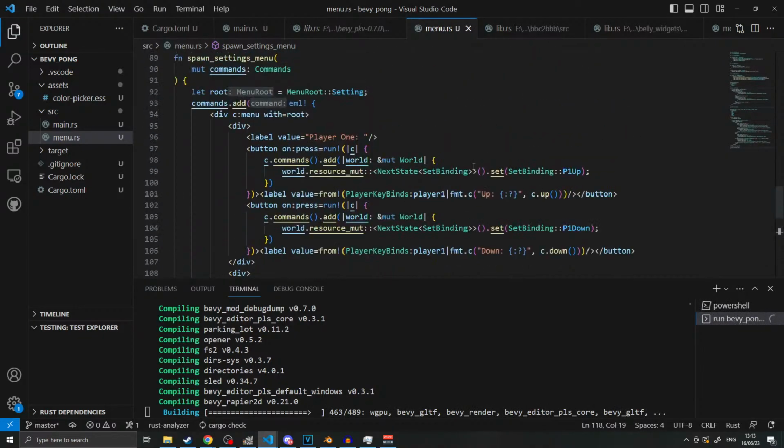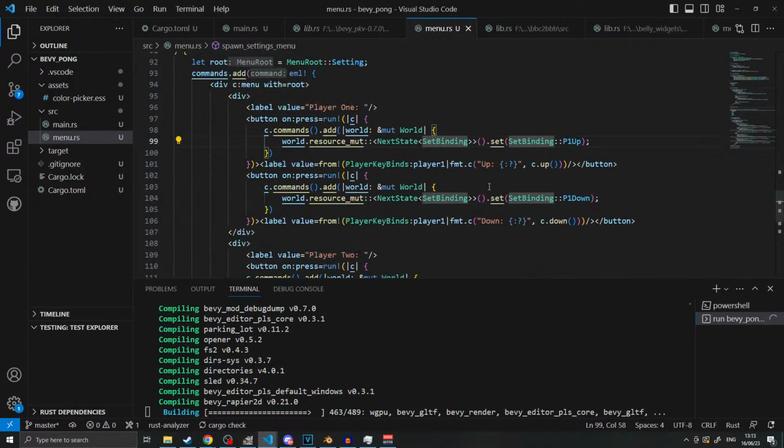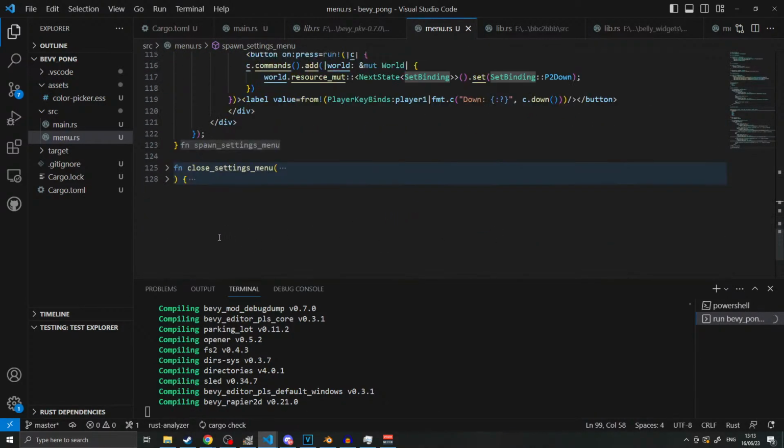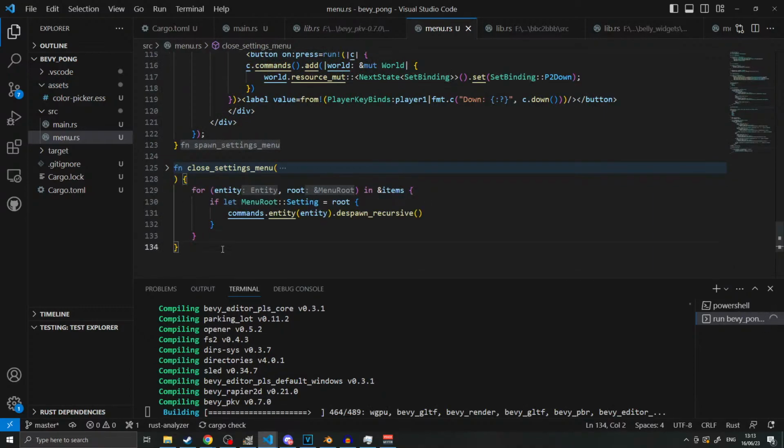So basically what's going to happen is it's going to set the state of this particular state to a particular form when you click it, and then what we'll do is we'll come down here and be all like